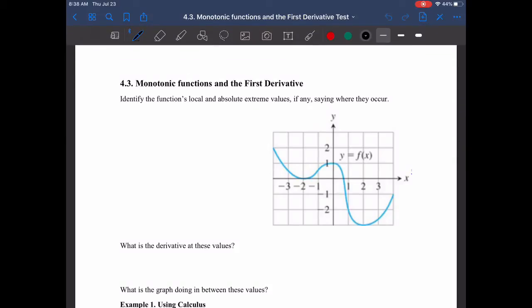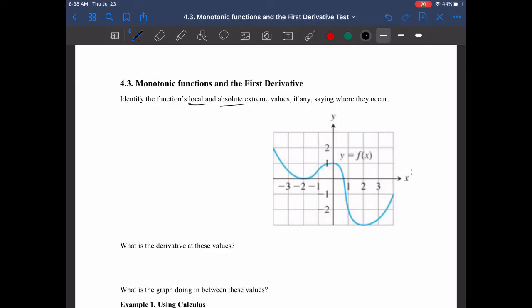All right, let's get started here with 4.3. And what we're doing here is monotonic functions. These are basically functions where on a range they're either always increasing or always decreasing, and then also our first derivative test. So let's look here and identify the function's local and absolute extreme values, if any, saying where they